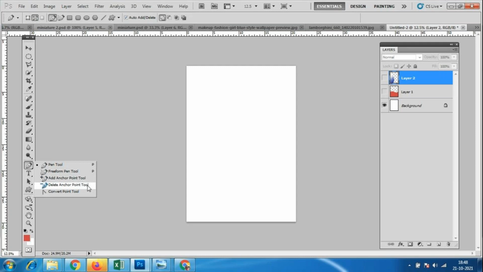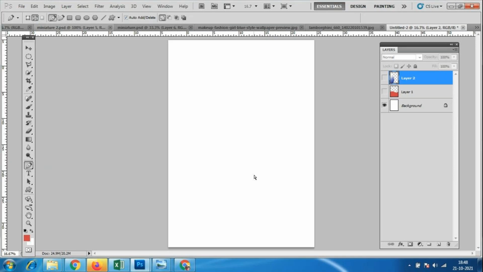So you people already know add anchor points and delete anchor points. So what are anchor points? You people have to know. Suppose I'll take this pen tool. So I'll just zoom it. And so these are the two points which are called anchor points. Okay, so why are we using these anchor points? So suppose I made a shape like this. Okay, suppose I made a shape like this. So I want to make any design changes with these points. So I'll go to this convert point tool and look at here, any changes I want to make. So at that time I can make the changes over here.